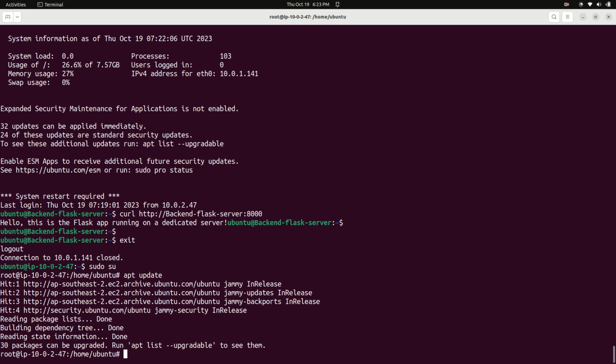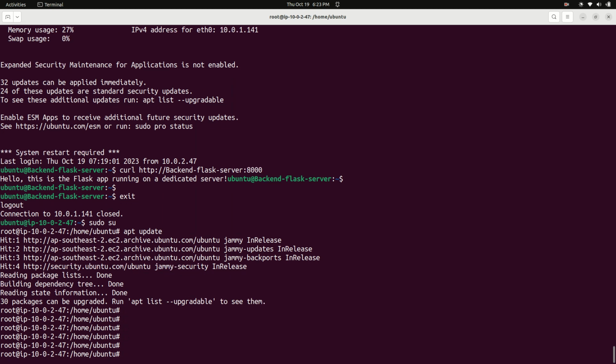Okay. Now after the update, I would like to give it a hostname, something that I can relate to. So hostnamectl set-hostname frontend Apache server,